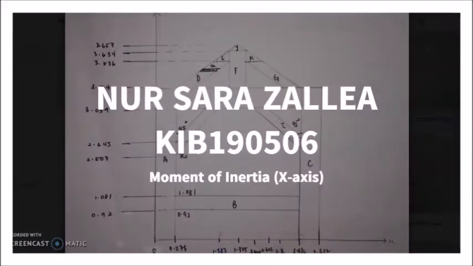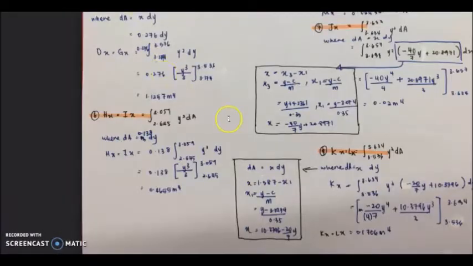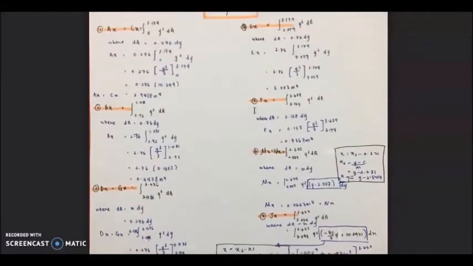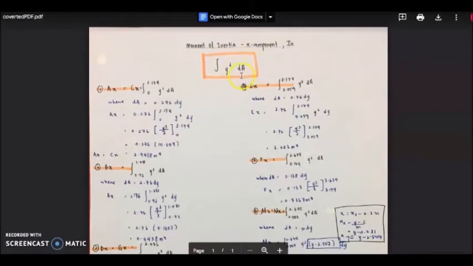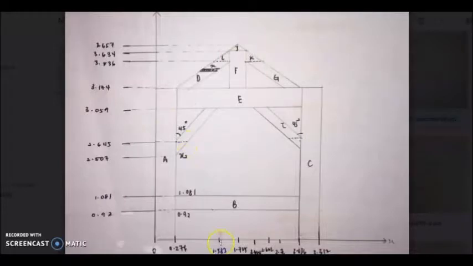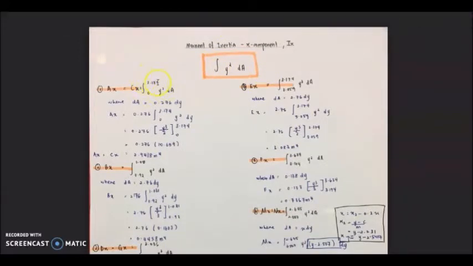And now I am going to calculate with you the moment of inertia of this hut. So, the formula that we're going to use to calculate all these beams will be the formula of integration of y square dA, where dA will be the x component dy. So by using this formula and substituting the value of